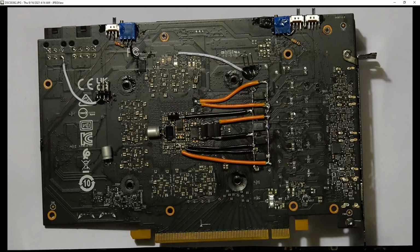Hey guys, BuildZoid here, and today we're going to take a look at the voltage mods that I have on my 3060 Ti. By that I'm referring to the memory voltage mod over here, and the core voltage mod over here. And I guess we'll start with the memory voltage mod, because between the two of them, that's arguably the more useful one for 24/7 operation, as increasing the core voltage of a 3060